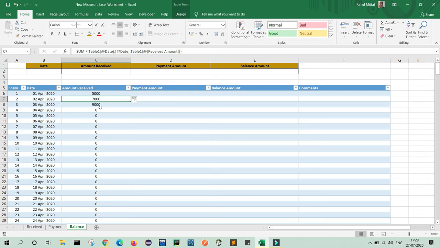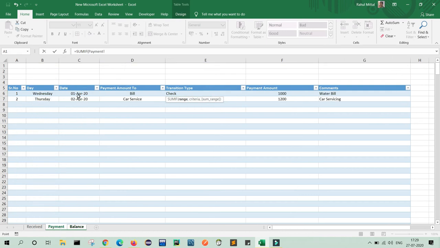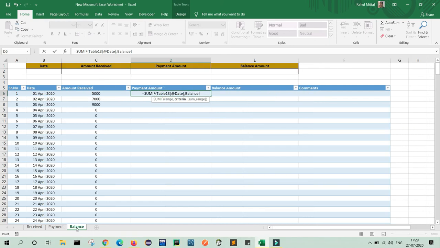Similar activity we will do with the payment. So for this, just select the cell, type equals to, and write SUMIF range. So what is the range? My date is my range, comma, move to balance sheet.